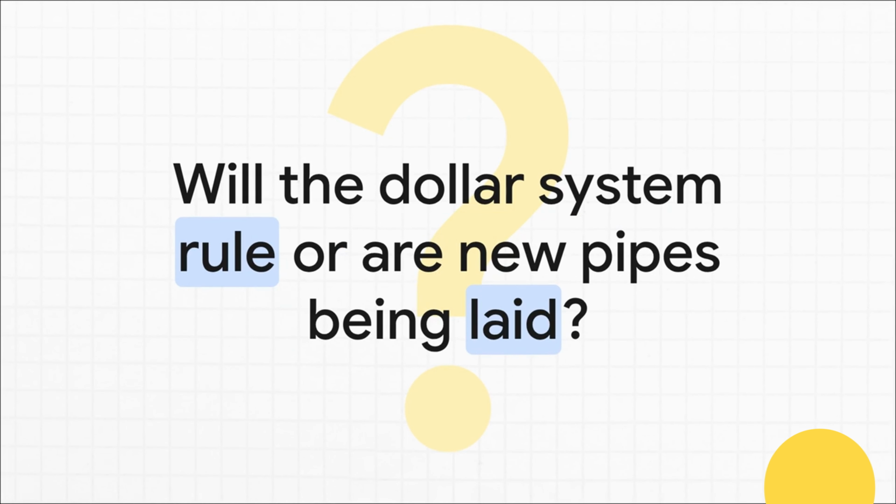So the bottom line is this. The dollar's plumbing system is still incredibly powerful. It continues to shape the economic fate of countries all around the globe. But the question we have to ask is, for how much longer? Are these small shifts we're seeing just noise? Or are they the very first signs that new pipes are being laid for a totally different multi-currency world? That right there is the trillion-dollar question for the 21st century.